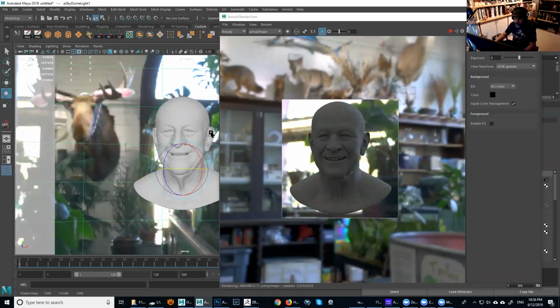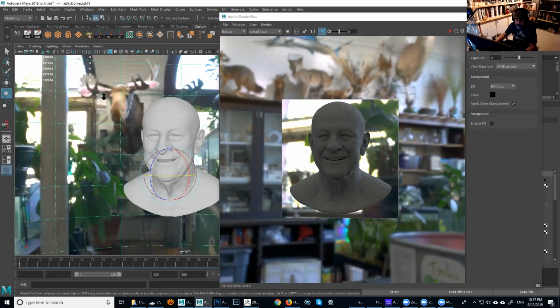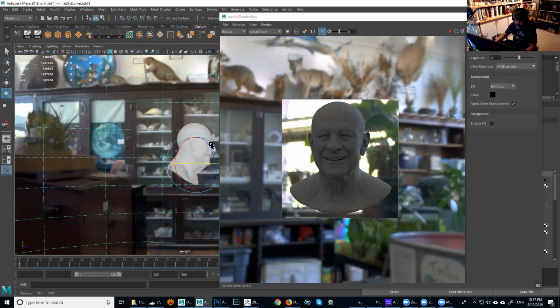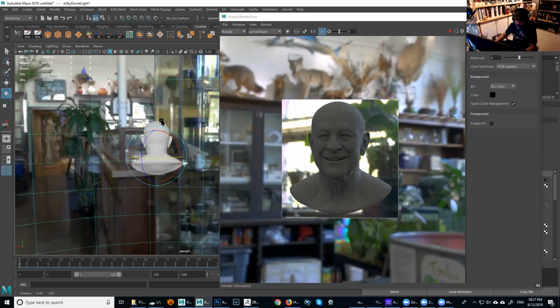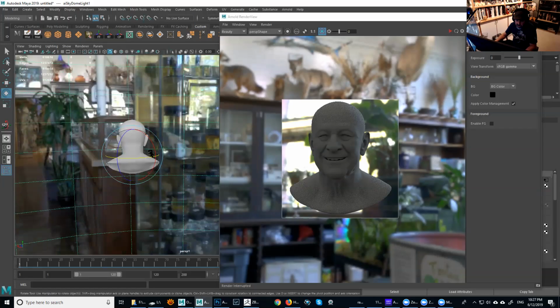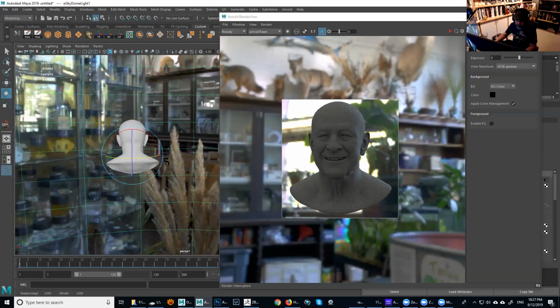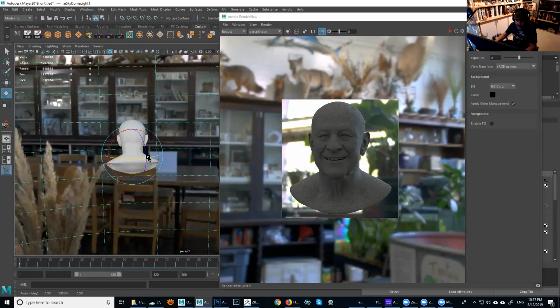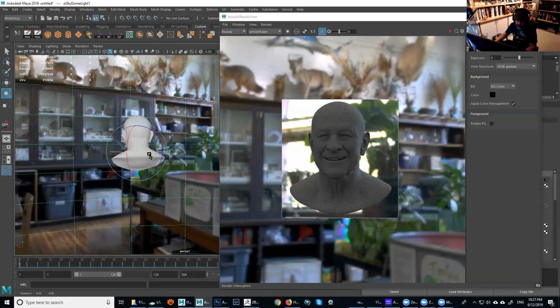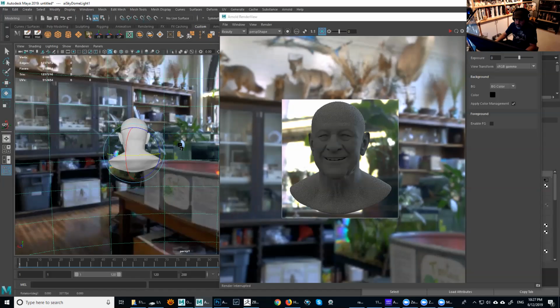So another way to do it is basically switch to that other camera. Just gonna stop this one so it doesn't keep trying to render in real time. So I'm gonna go back to my other perspective, the other camera, so it doesn't affect this render. And from here, I can actually see what's going on in front of his face. I can see that the lighting is on the back now, but I can keep spinning until I see the light peeking through the side of his face, something like that, barely.